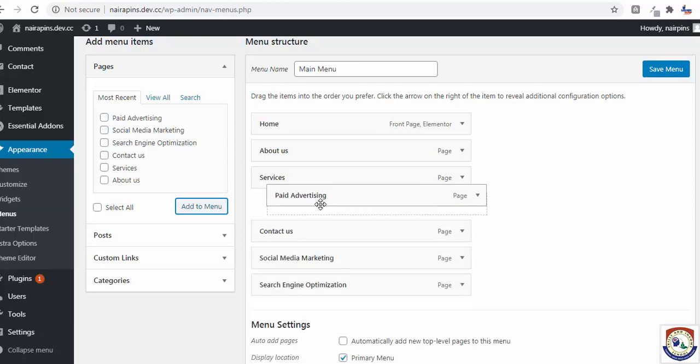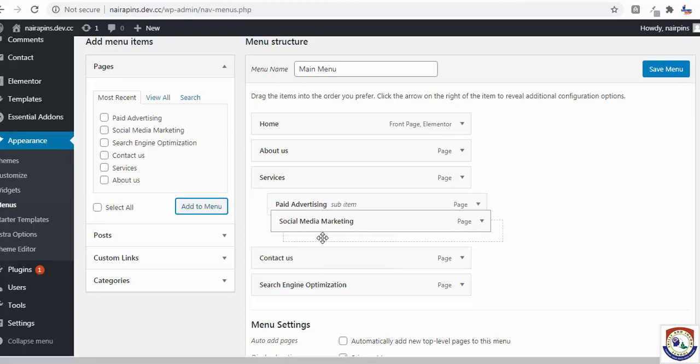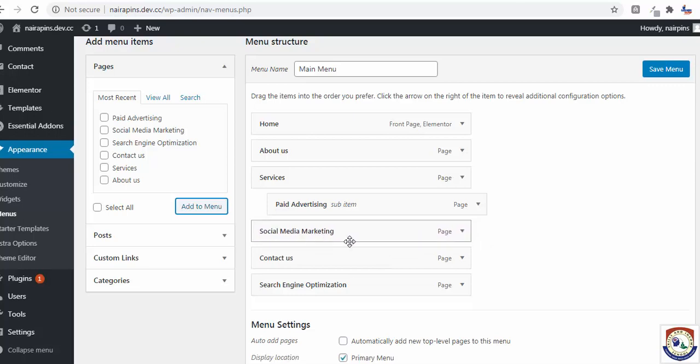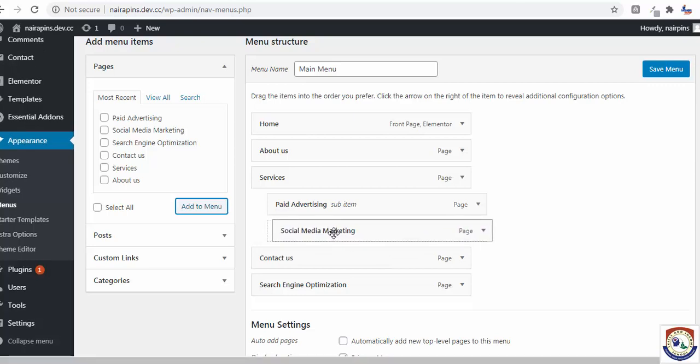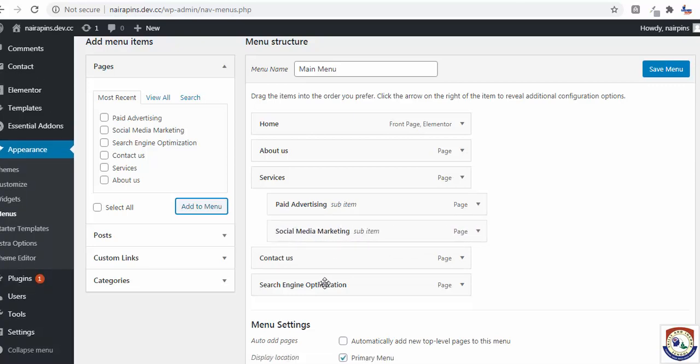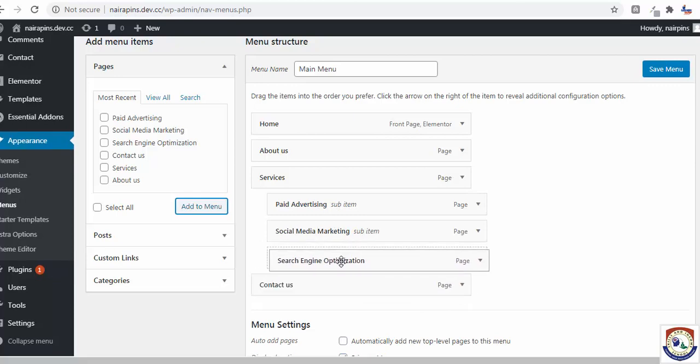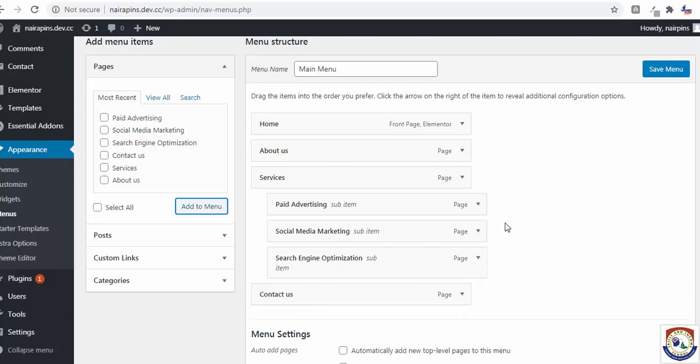If you want to make paid advertising a sub page, so you just move it like this. Okay, move it like this. So it's a sub page. Sorry, it's a sub item. So this one too will now be a sub item. Okay, so you can save menu.